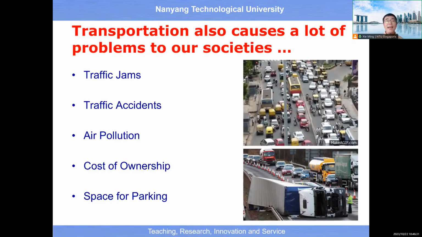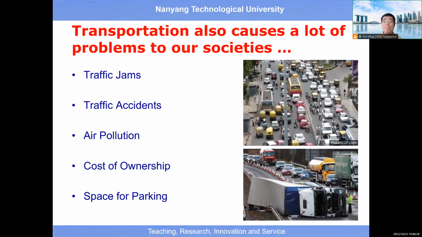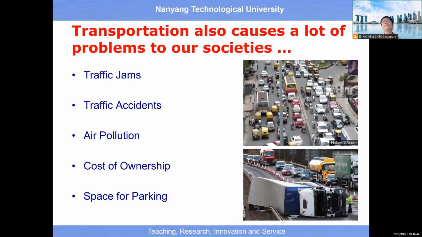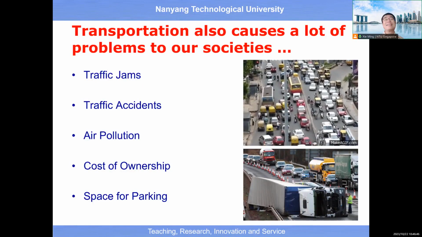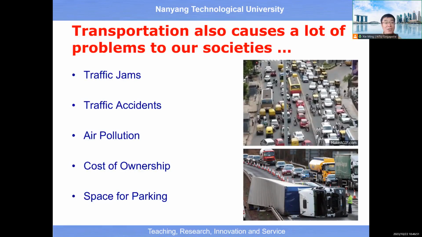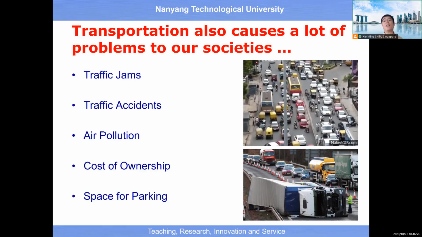In certain places there is also high cost of the car and also high cost of paying for parking. So these are the common problems caused by the